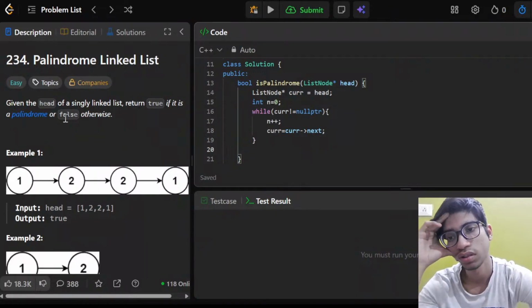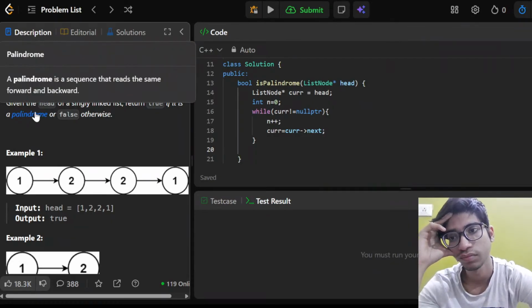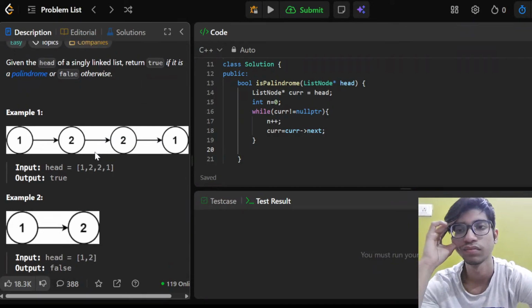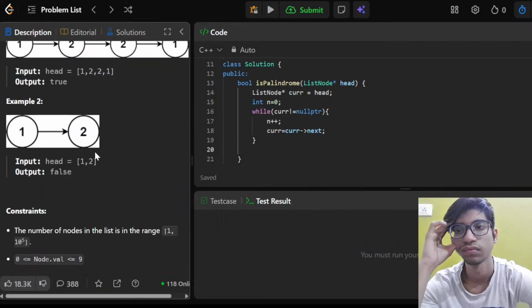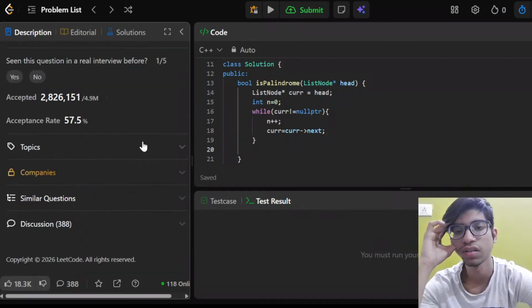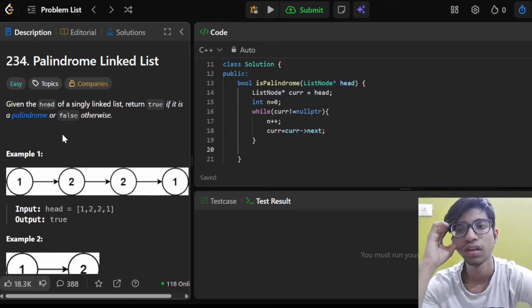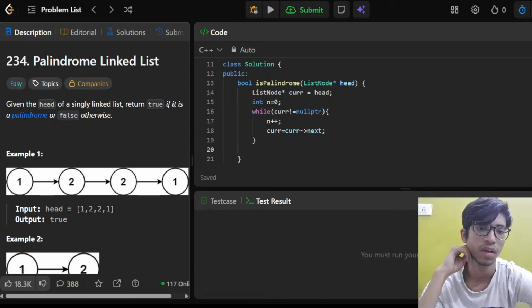How do we do this? Well, my main problem right now is, can it be? No, the nodes should and must be even. This is something for sure.